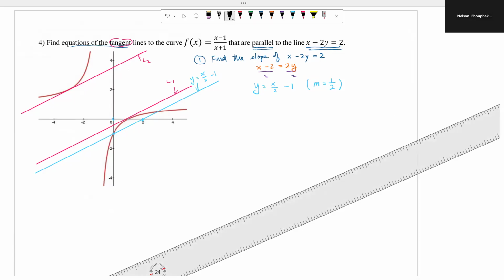In this case, we know that the slope of these two tangent lines right here, okay? So again, one thing I know is that the slope of this tangent line right here must be 1/2. And also the slope of this tangent line right here must be 1/2 because they are parallel, right? And what I need to do, basically, is find this point, and this point. So if I could find P1 and P2, then I will be able to finish the problem.